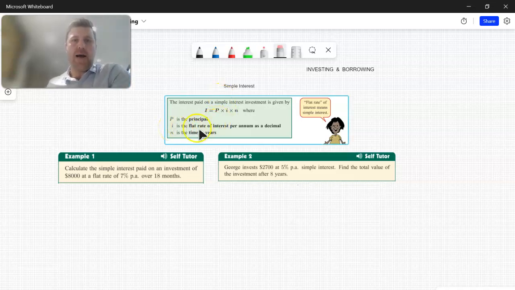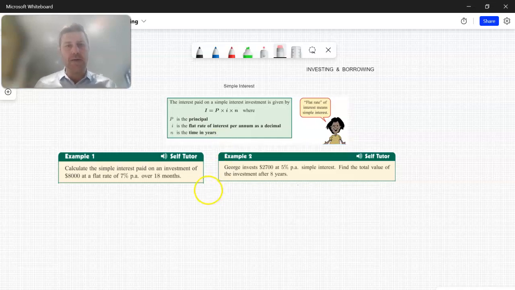The lowercase I is the flat rate of interest per annum, per year, but expressed as a decimal. So make sure you convert that percentage to a decimal. And N is the number of years, or the time in years. So wherever you see time given in months, make sure you convert that to years,